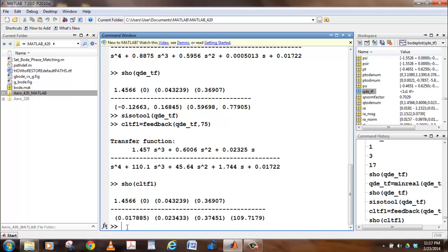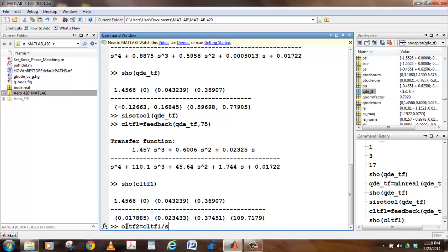So for my next loop closure, which will be on the outer loop, we're going to close theta. Look at the block diagram and make sure you see what we're doing on the block diagram. I'd stop this video here and draw that block diagram to see that you know what we're doing. And our second open loop transfer function, OLTF, was going to be equal to the CLTF divided by s